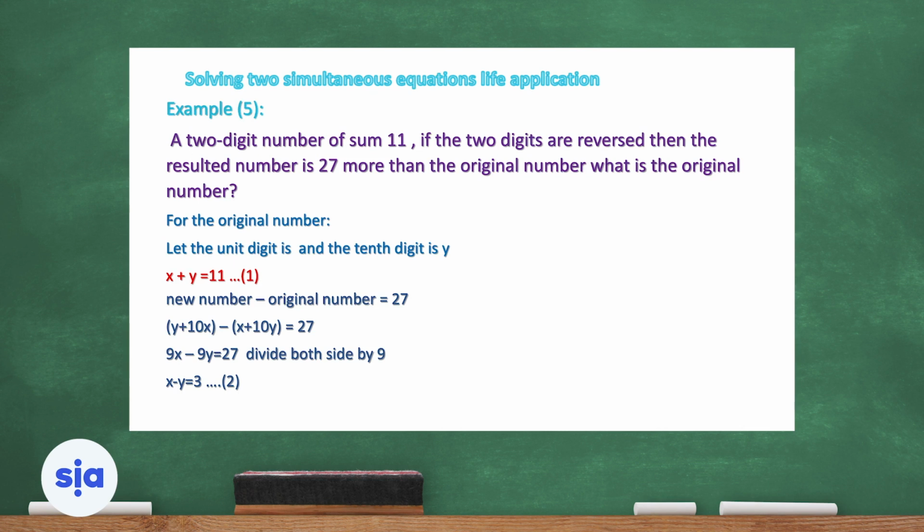Any two-digit number, it comes from the tens digit multiplied by 10 plus the units digit. So if you're going to reverse it, this unit digit comes in the place of the tens, where the tens digit comes in the place of the units. So when reversed, it will become